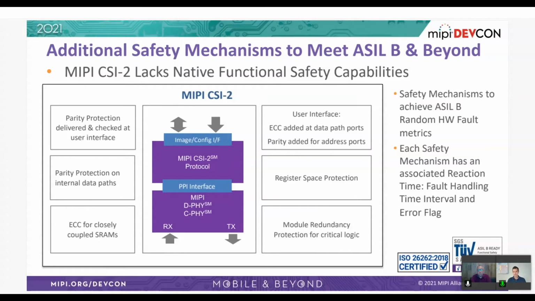And then looking at critical circuits inside the design, clock domain crossings, critical state machines, you want to make sure that you add redundancy to make sure that you will not run into an issue there. So all these features put together will enable this building block to achieve the target safety levels, in this case ASIL B, or even beyond. And each feature has its own behavior, its own mechanisms, its own reaction time, its own flags, and they need to be managed at the system level.